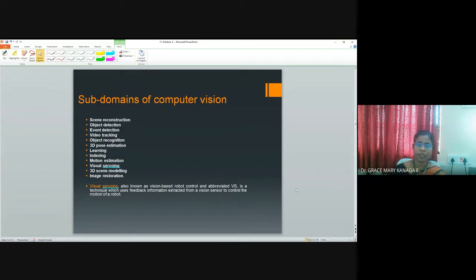And when you talk about these subdomains of computer vision, everything is interrelated. Subdomains means where this computer vision can apply. Actually, this computer vision is a part of AI. Your cognitive computing comes under AI, and one part of cognitive computing is computer vision, and it has so many subdomains like scene reconstruction, again object detection, event detection, video tracking, then object recognition,